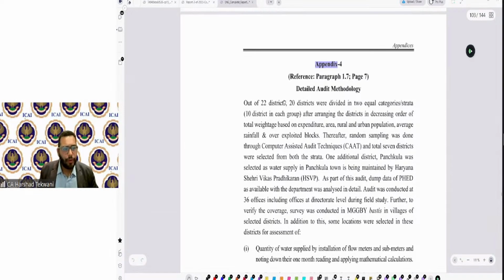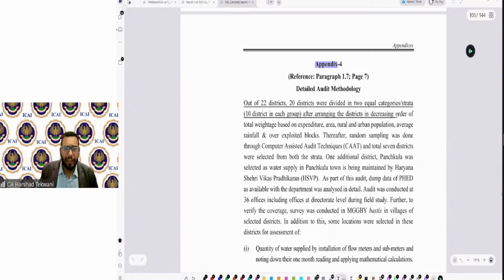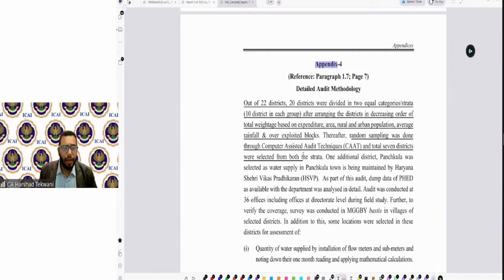Out of 22 districts, 20 were divided into two equal categories. After arranging the districts in descending order of total expenditure, area, rural and urban population, average rainfall and everything, random sampling was done through computer assisted auditing techniques, and a total of 7 districts were selected from both strata. One additional district was selected as its water supply and town was maintained by